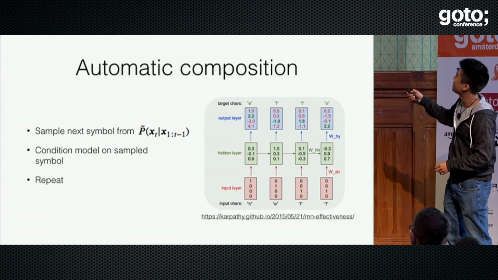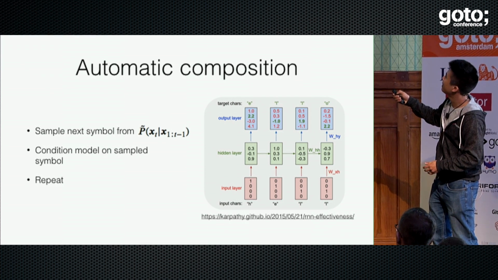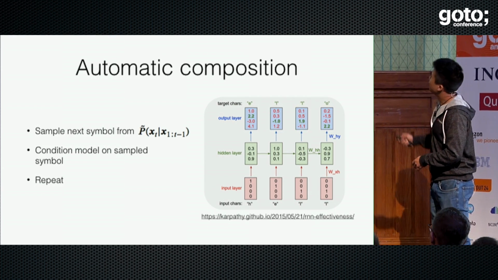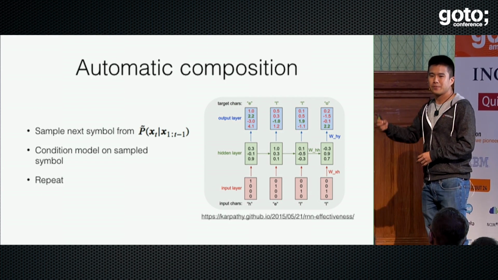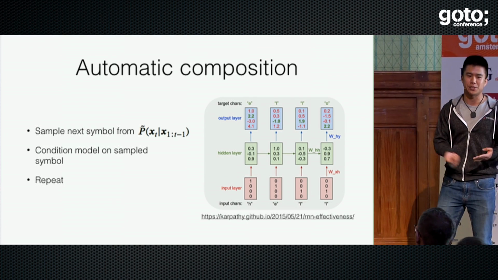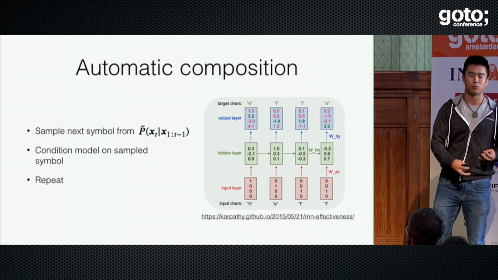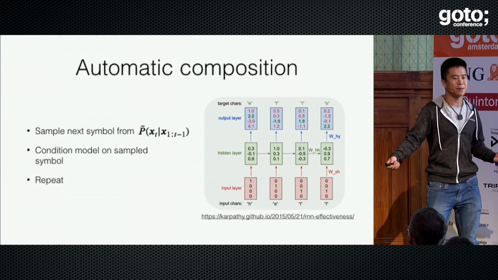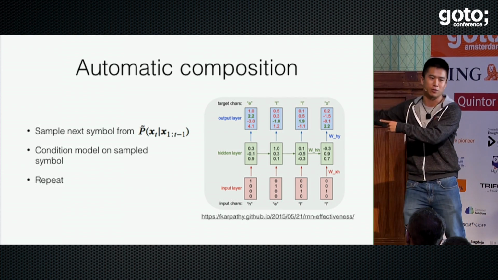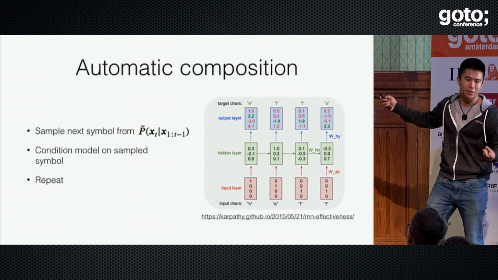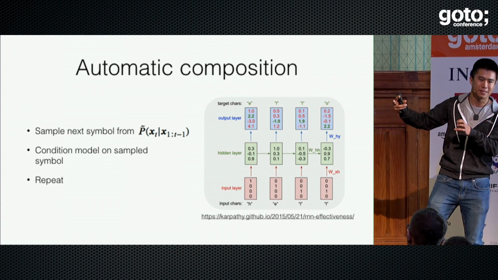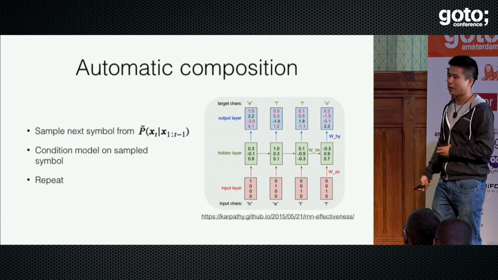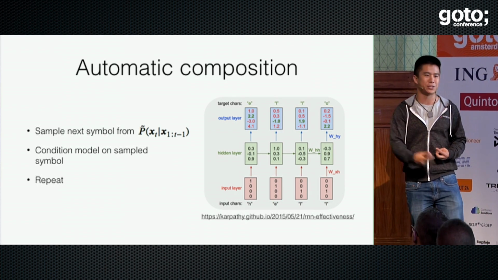From this probability distribution, we pick out a note according to how that distribution is parameterized. So up here, I think L has the highest weight. After we sample it, we just set x_t equal to whatever we sampled and treat it as truth. We assume that whatever the output was is now the input for the next time step, and then we iterate this process forwards. Starting with no notes at all, you sample the start symbol, and you keep going until you sample the end symbol. In that way, we're able to generate novel automatic compositions.